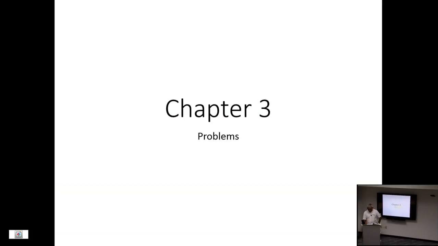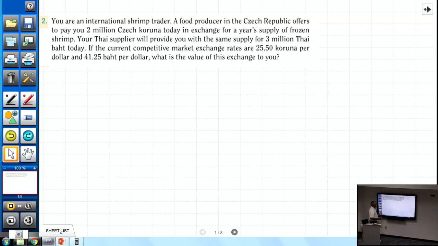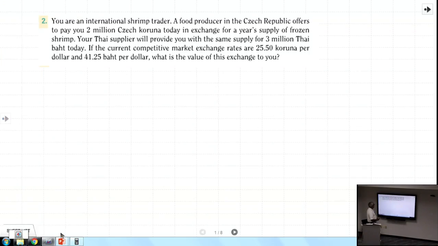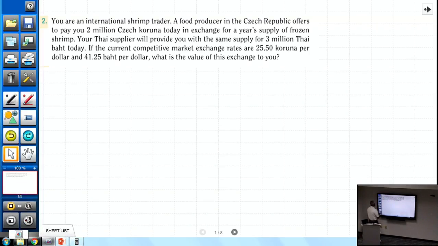So we'll look at problems from chapter 3. The first problem that we'll look at is problem number 2 from your textbook. The problem says you are an international shrimp trader, a food producer that is in the Czech Republic, offers to